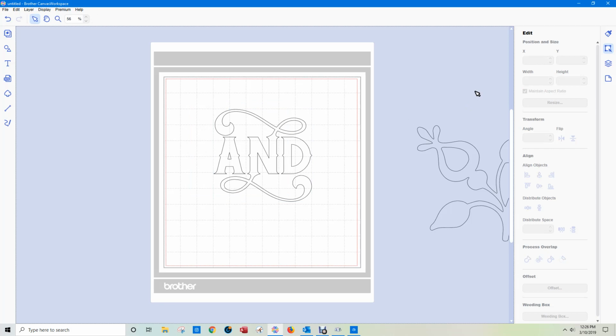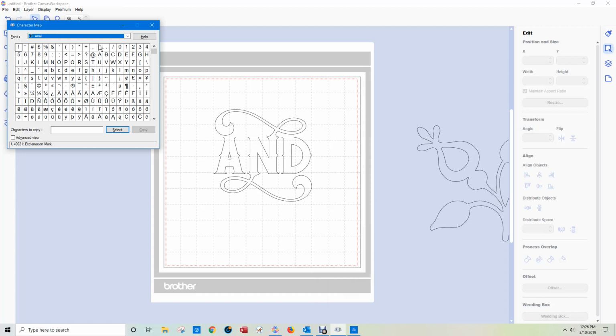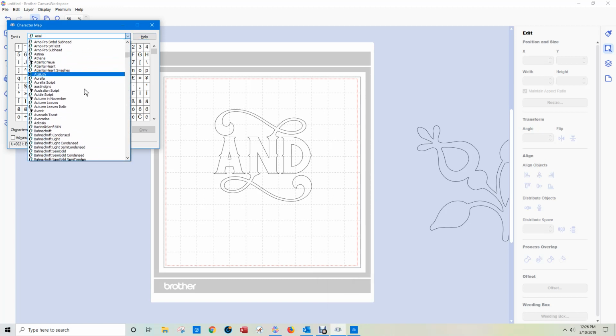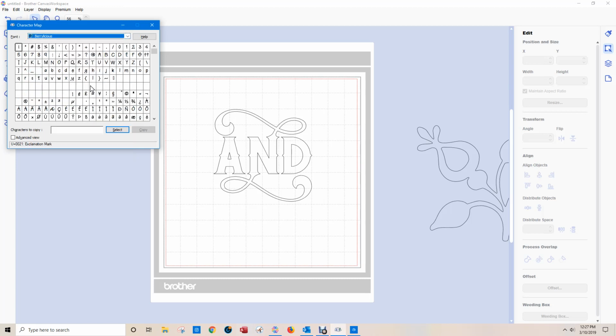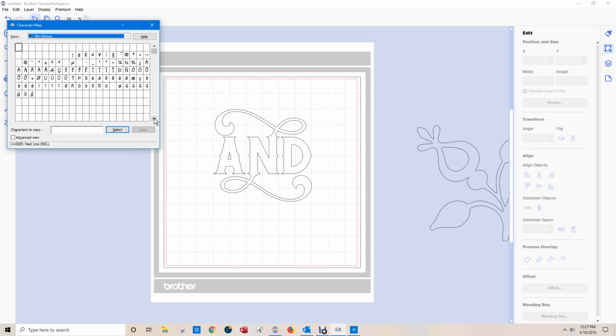Very simple. So again, you can use the Windows character map exactly the same way. In this one, you drop down the fonts. And let's have a look at the Berrylicious. This is one of my favourite ones. Just has all the letters. And if you go down, it doesn't have as many as the other one, so let's just pick an upside